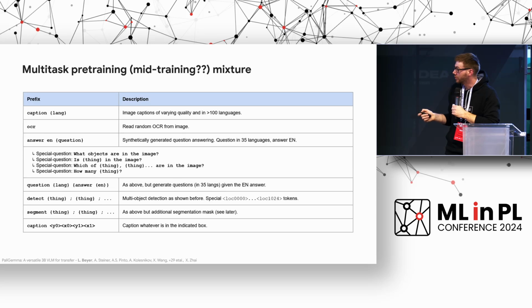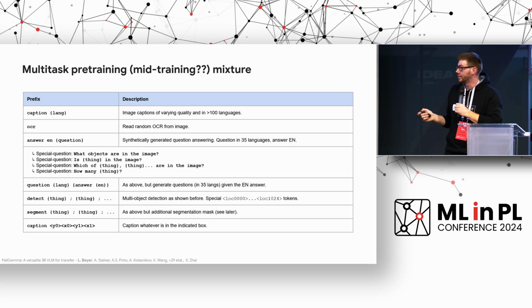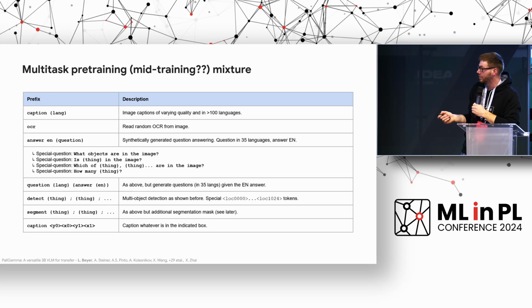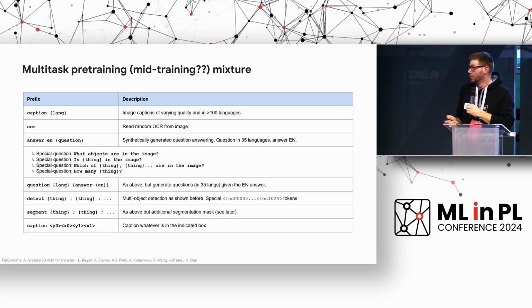Here are a few examples also of more specialized questions. For example, if you have a detection data set, or you annotate your data set with a detector, then it gives you what objects are in the picture, right? And then you can, from that, generate these kinds of questions, all of them, right? And then throw this into the mix too. So as you see,